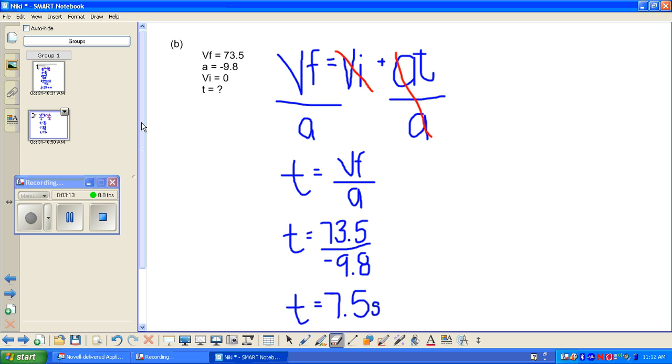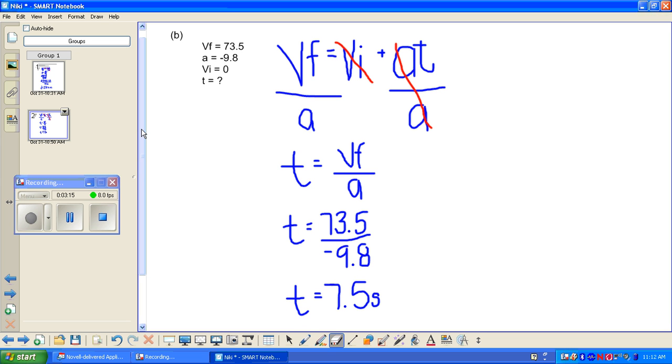So we're looking for time, and then we look for the equation that we're going to use, and that's the first equation, and it's going to be final velocity equals initial velocity plus